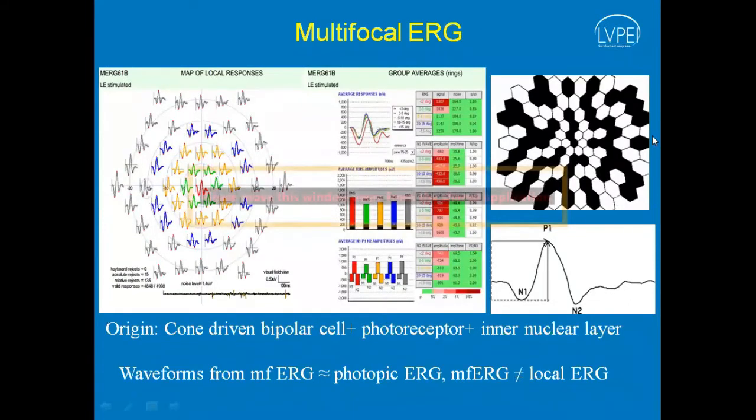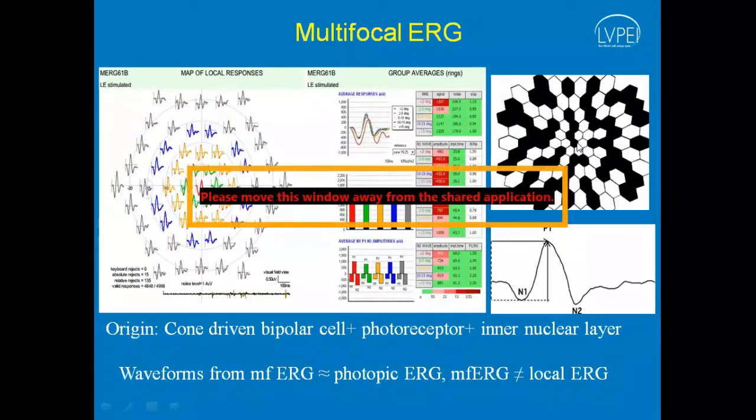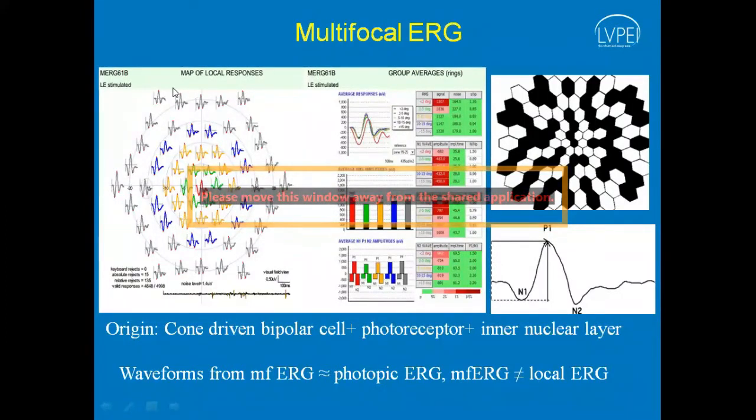Now, as we know that the fovea is very sensitive, the hexagons, the stimuli are done in such a way that the central hexagons are smaller than the peripheral hexagons, so that we get a response where all the waves are of equal amplitude. We can see that the height of this wave is the same as the center one. So it should be uniformly of equal height across the different regions that we analyze, either 61 or 103.